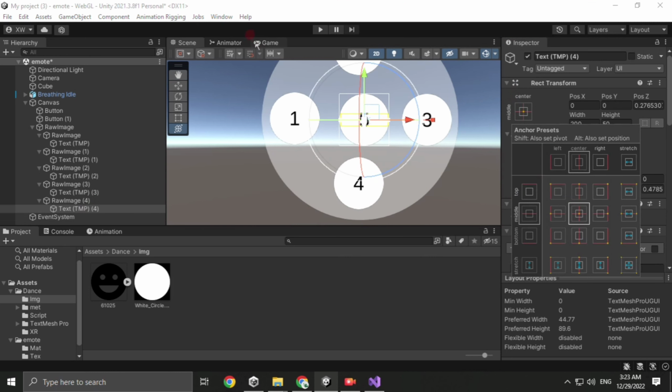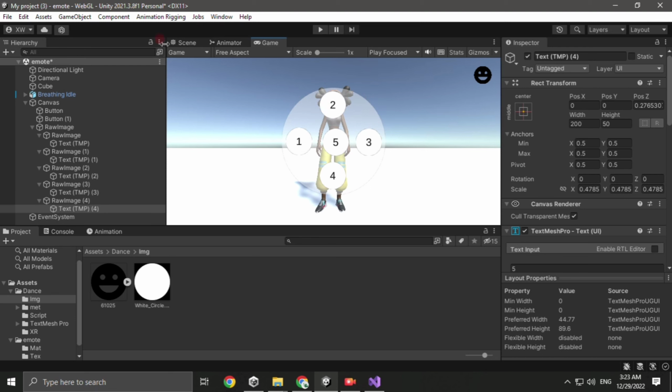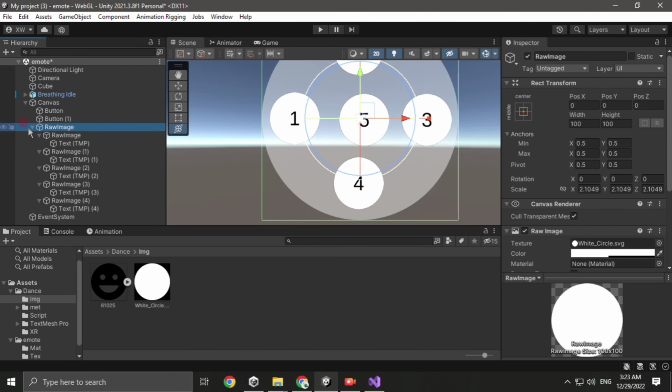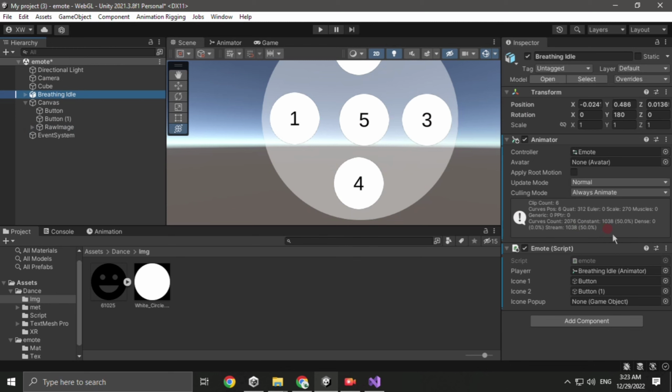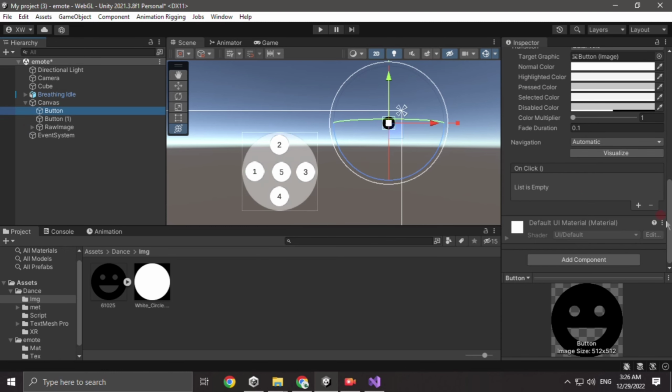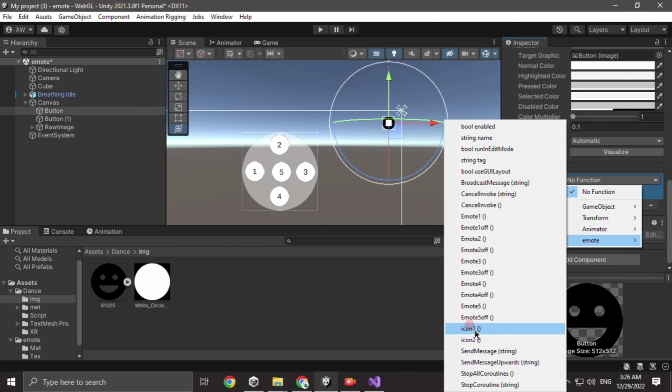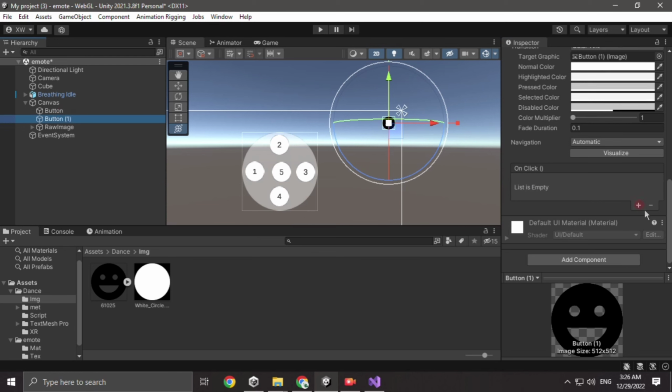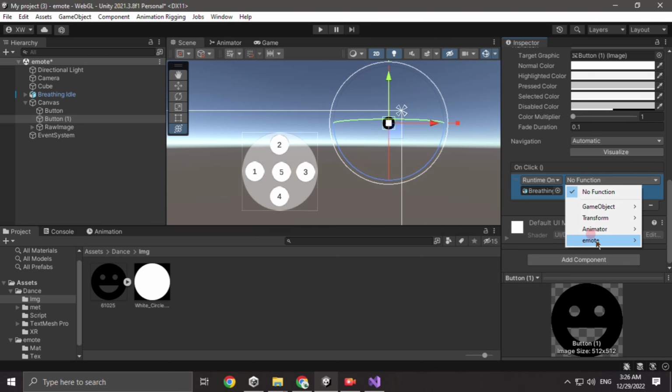Control Alt center. So I have set up the 5 animations, and right now this is the raw image. I have to drag this in the icon pop-up, so drag it here. So I have 1 2 3 4 5 options here, and now I have to access this one. First of all, go to button 1 and here on click, just plus, and then drag the idle animation. So this is the icon 1, so here go to emote and you can see icon 1, and then again this is the icon 2, so on click plus, and then drag our idle animation, and then emote,